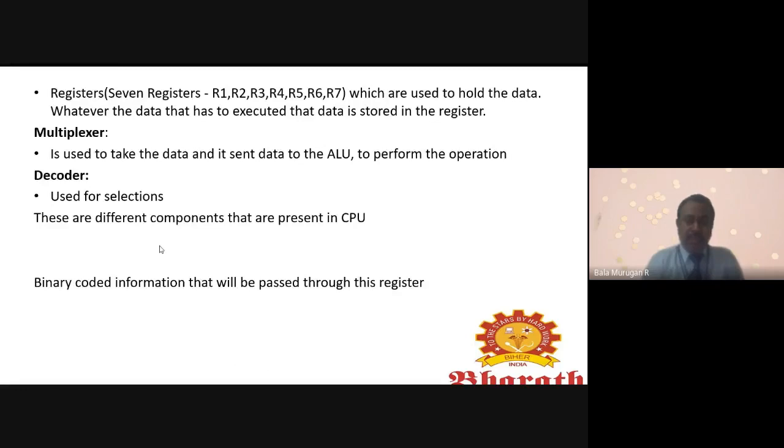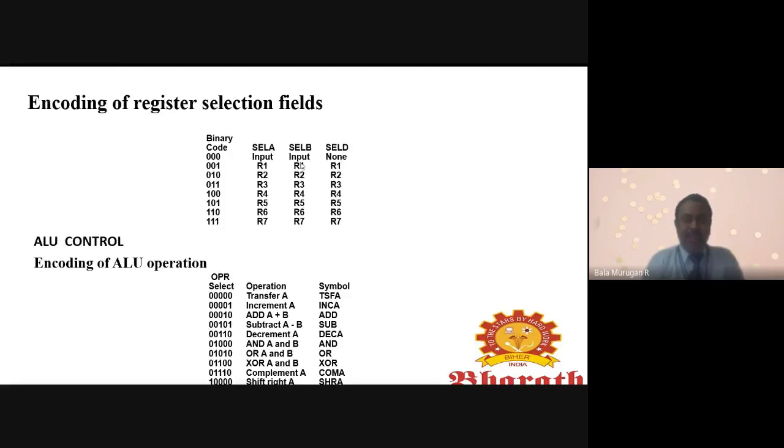In select A and select B, the input we are giving is 001. That means the R1 register is activated: in select A, R1 is taken, in select B also R1, and in select D also R1.